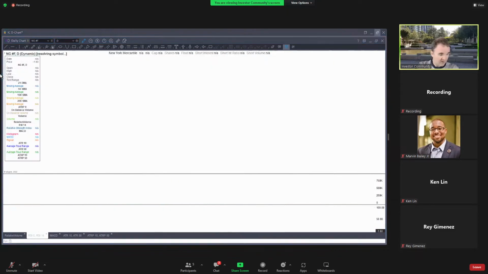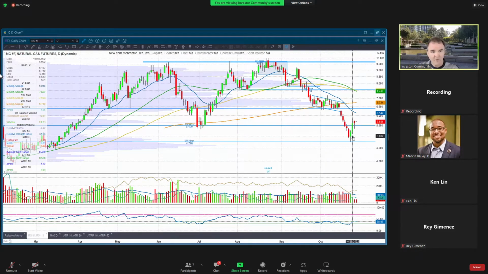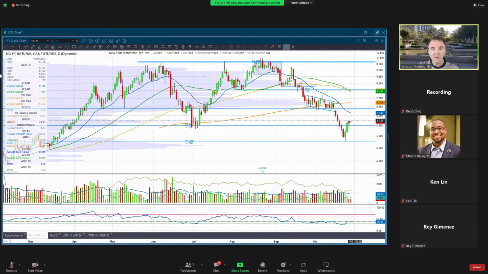Let's take a look at natural gas. It has been kind of volatile over the last little bit. You can see we came down, found a bit of support here and moved up fairly quickly. I wouldn't be surprised if we see natural gas consolidate in this zone up here for a while. I don't think it's coming back down into here. I think this area up in here makes a lot more sense for it.